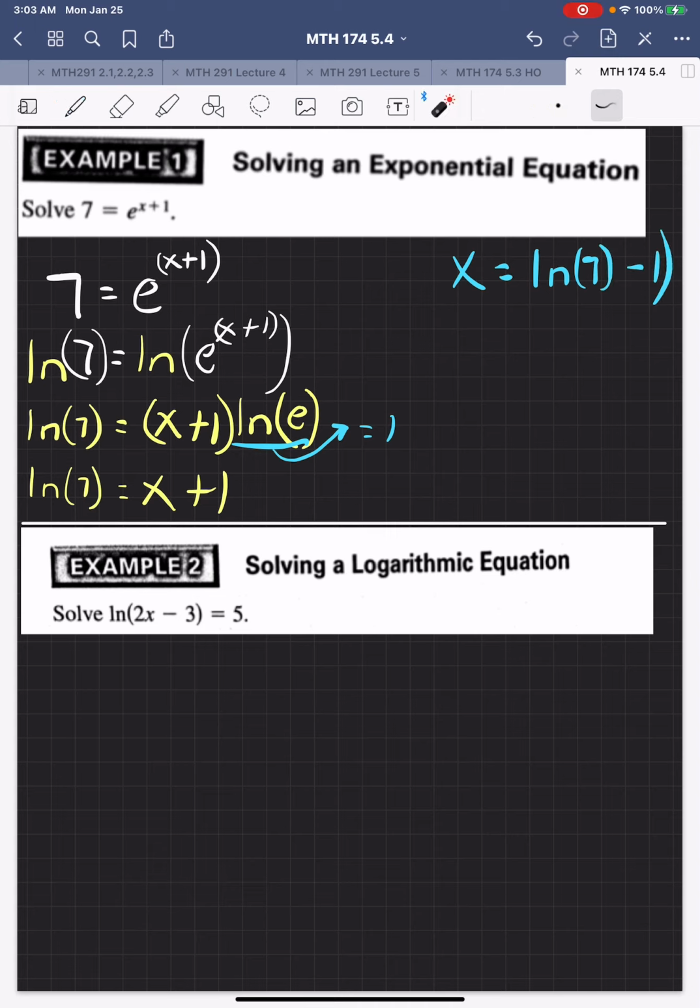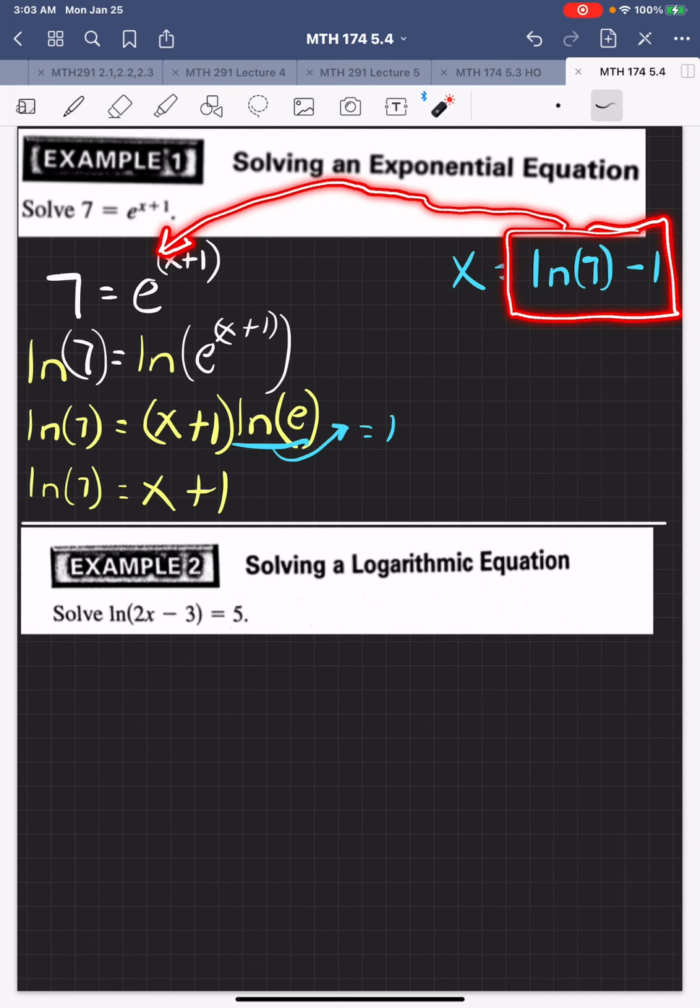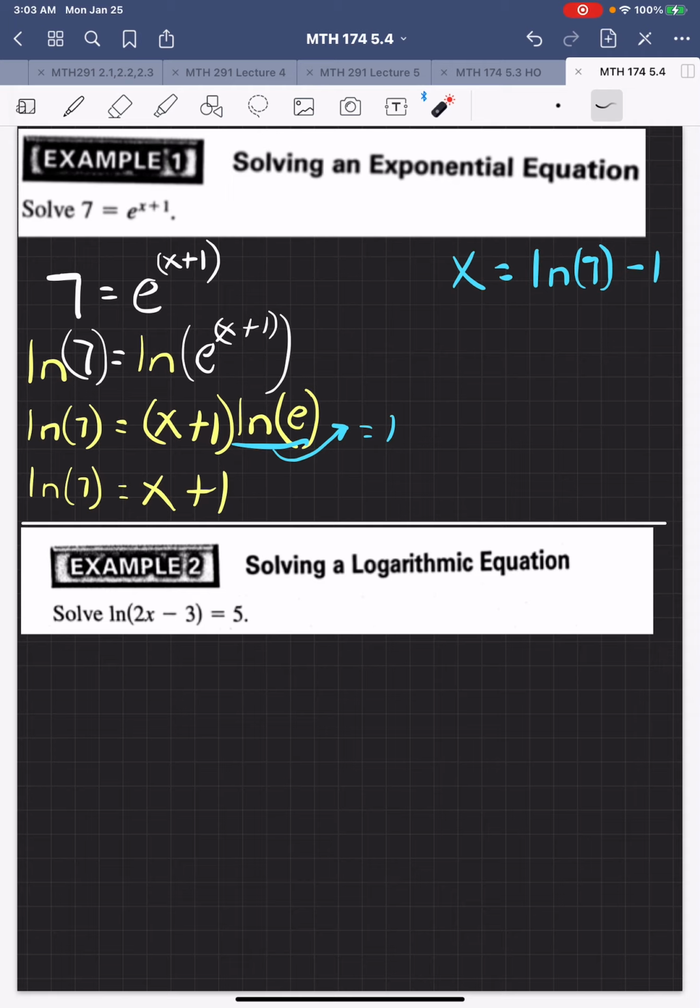And I'll go ahead and get rid of that last parenthesis. There's no need to have that. So there you have it. So if you were to plug in ln of 7 minus 1 for x, what you would have when all is said and done is 7, right? And you should check to make sure that you did everything correctly,